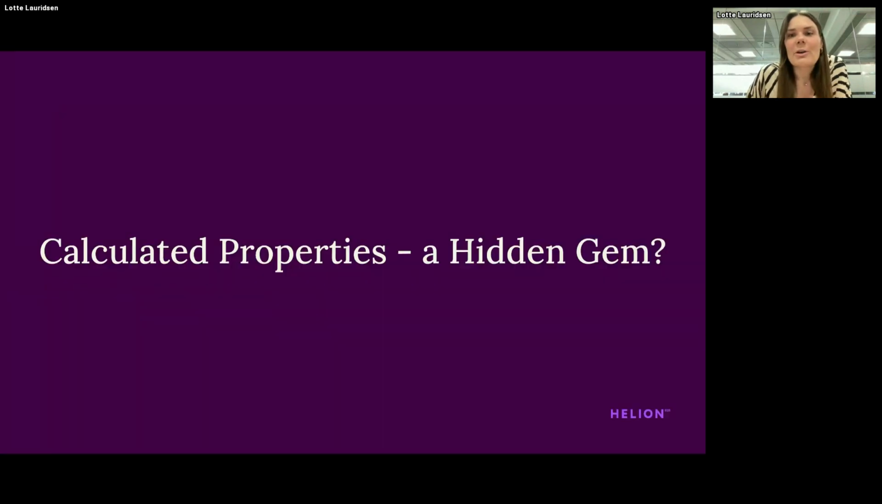So when we talk about calculated properties, we call them more like a hidden gem, because in our experience working with a lot of B2B companies, when we start working together with them and we take over the HubSpot setup, not that many are actually utilizing calculated properties. And also because it's a bit of a hidden gem inside of HubSpot,